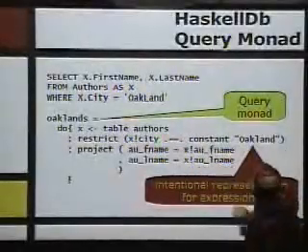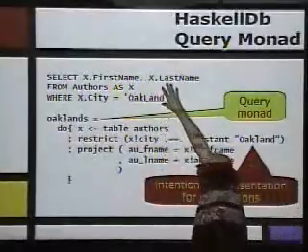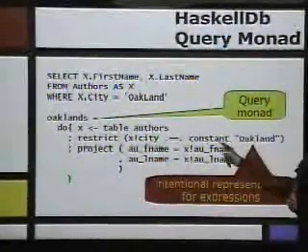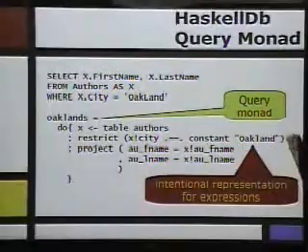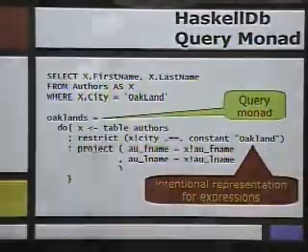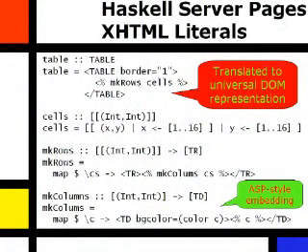So we could write comprehensions like this that correspond to SQL queries like that. It does look a little bit funky because in order to make these kind of deferred executions from constants, we have to lift them explicitly because Haskell doesn't have anything to do with meta programming, so we had to do that by hand. But the idea is that this was a monad that would remote the queries to a server. All right. So then the other thing that we wanted to do is to create all this XML stuff.